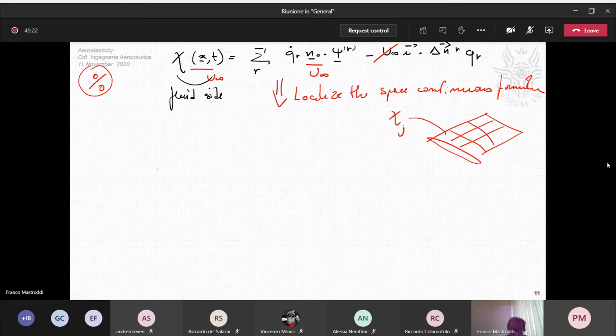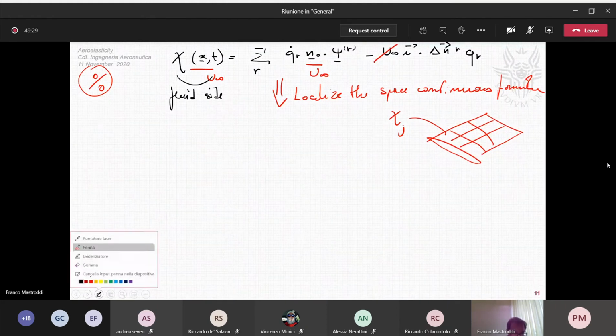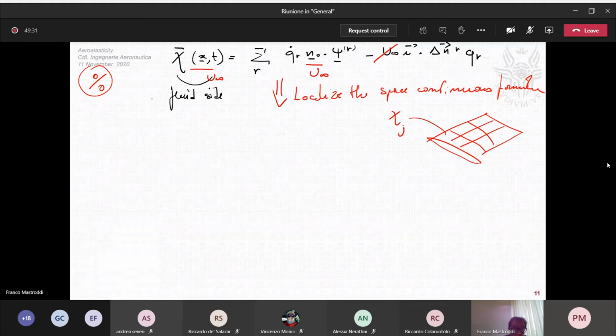This nondimensional value will be referred to as k bar. Okay, so k bar j, without x, because we have localized this at the point in the panel with coordinate x_j. K_j on the fluid side is equal to, this is a structure side,